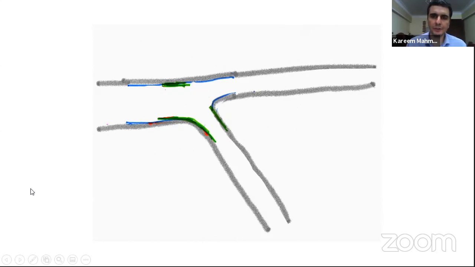The second point, the angle of bifurcation should be as small as possible, because with every increase in the angle of bifurcation, this leads to failure and in-stent restenosis in the future with the Culotte technique.